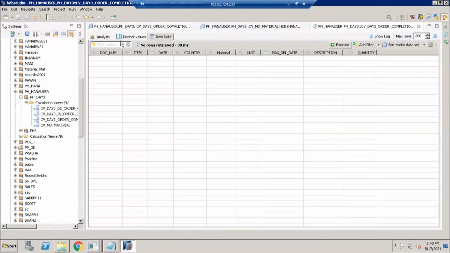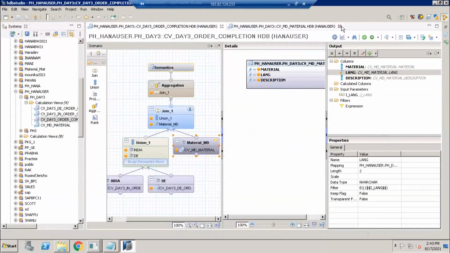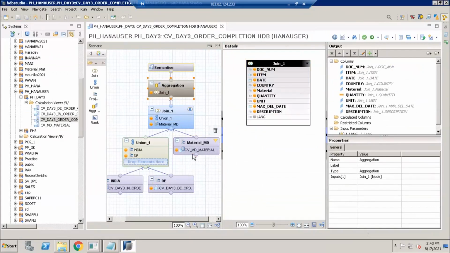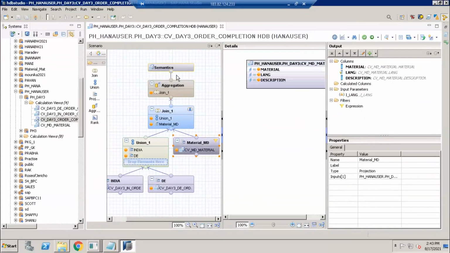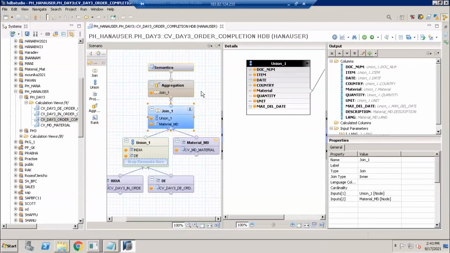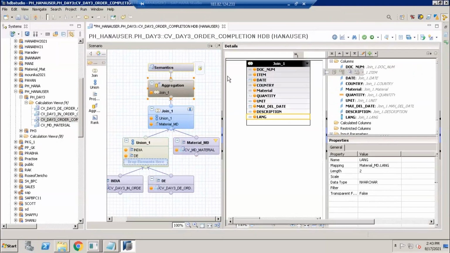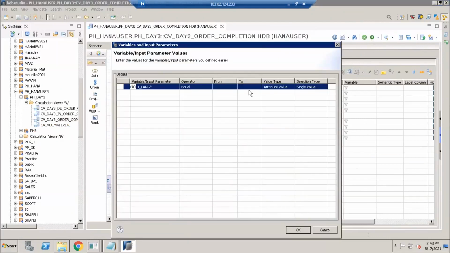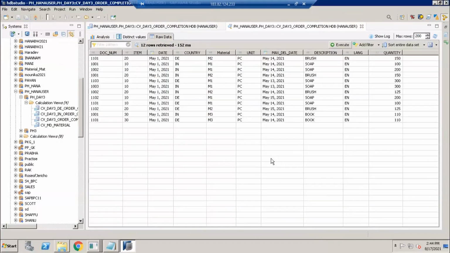Now if I click on something. Not activated here. Just a second. But here I'm applying the language filter. Yes, let's bring it to the top node, language. Now if I go to the semantics column, auto assign, then let's activate this. Click on data preview. Yep, now I'm getting this language. Now I need to pass some language here, en. Click on OK. Now click on raw data. Now I can see the data.